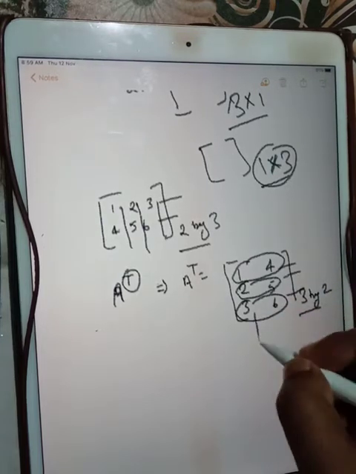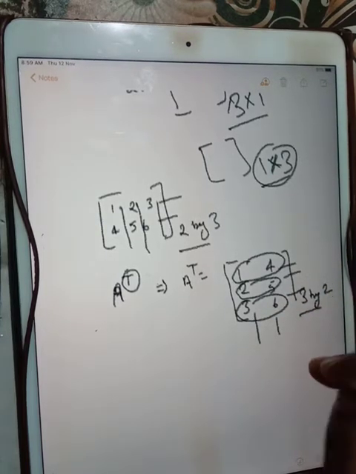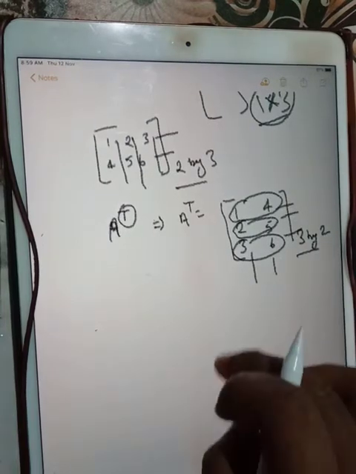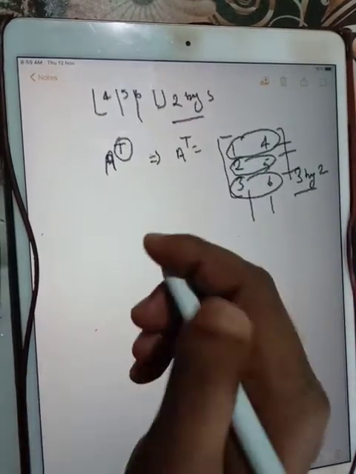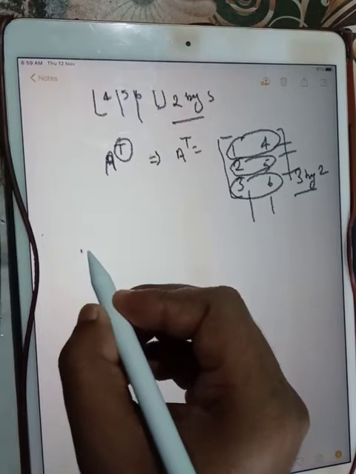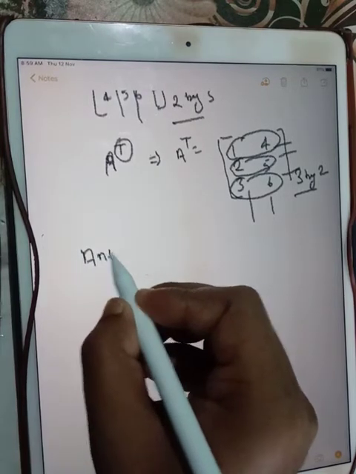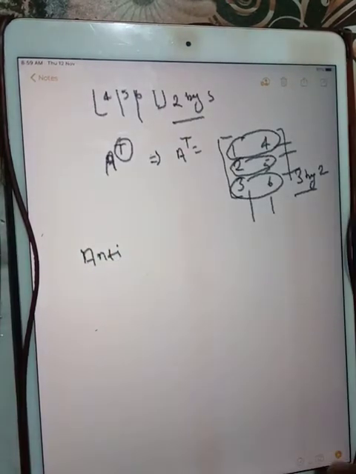Okay, and 2 columns, 3 by 2. Okay, that's okay. Now going to the next one, that is the transpose. In transpose, we have the first one is